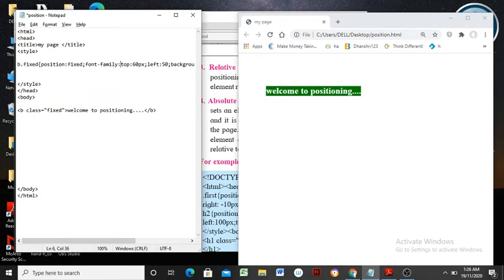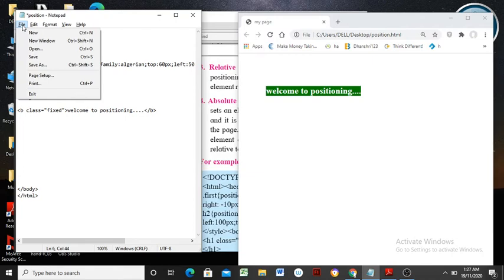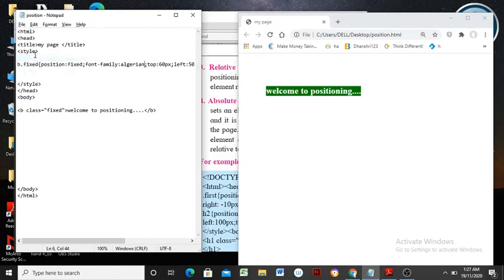Its value will be any font name. Suppose I apply the Algerian font here. Let's see what happens if it is compatible with this positioning. It will be applied on this text in a browser's window.